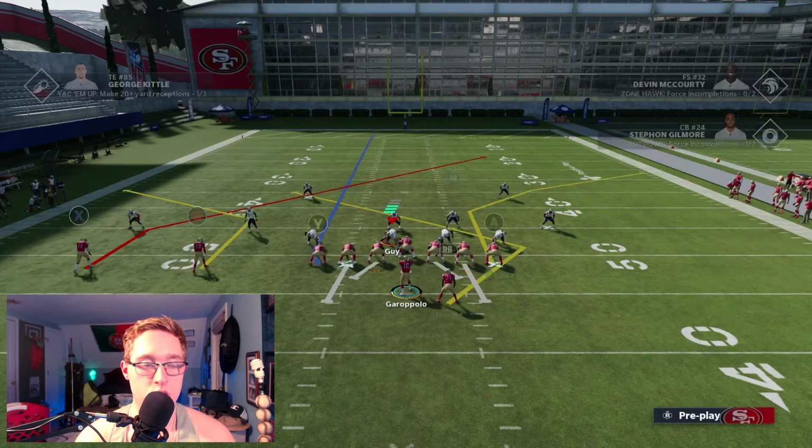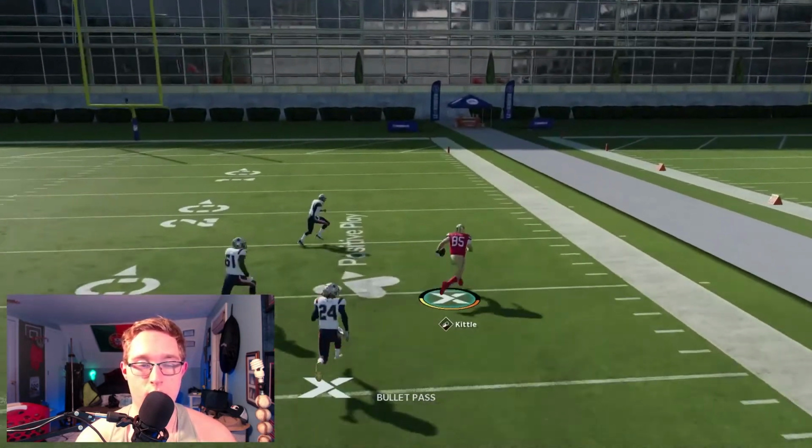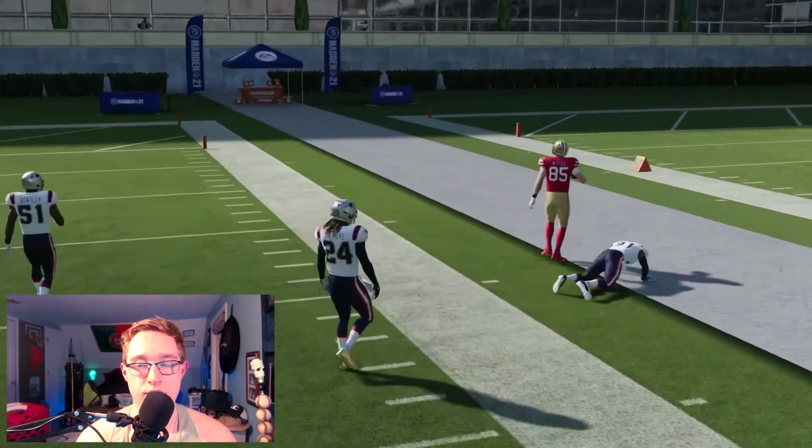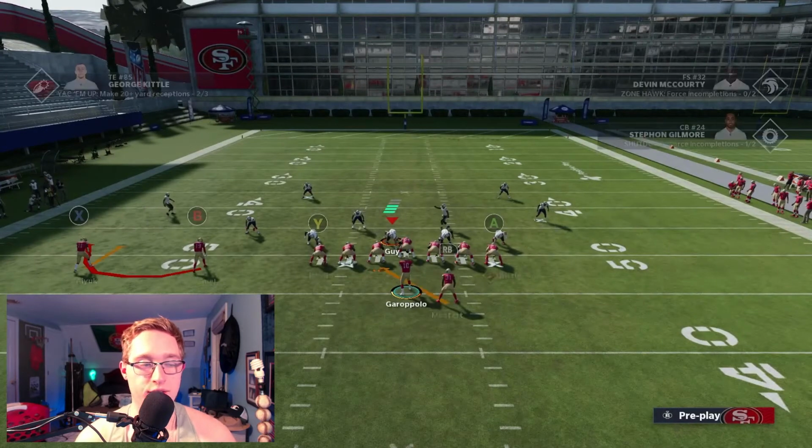So delay fade, smart route. And we're going to go with this A receiver. You're going to see we're going to throw this ball right when he gets towards the sideline. Go out of bounds here. Very, very easy gain. Then we're also going to take a look at the other corner route coming from the